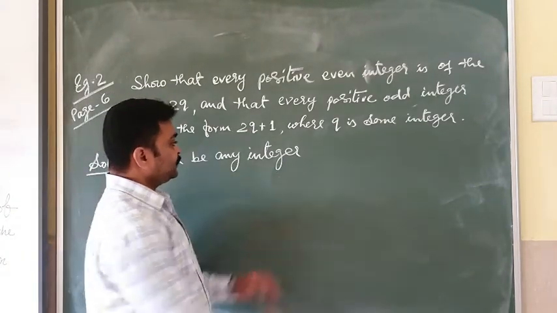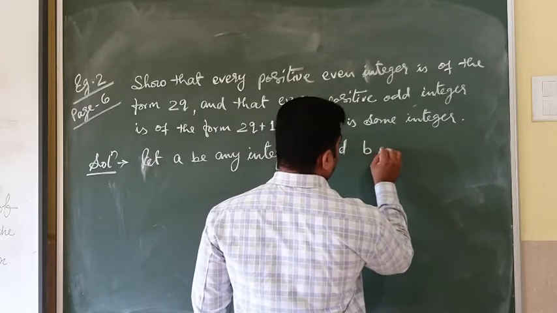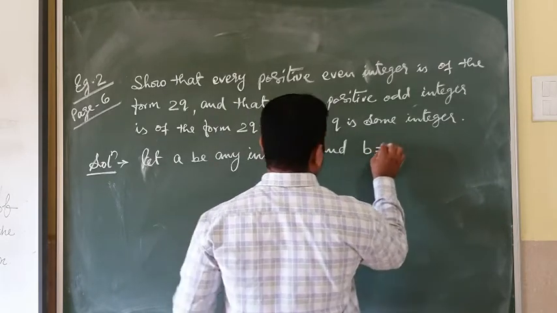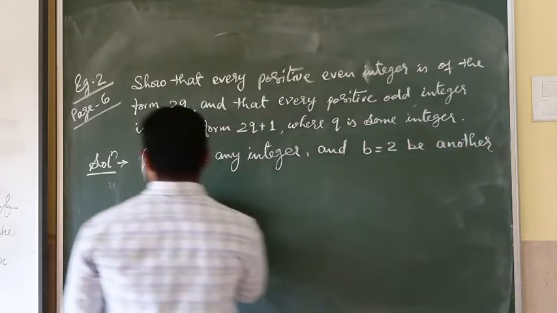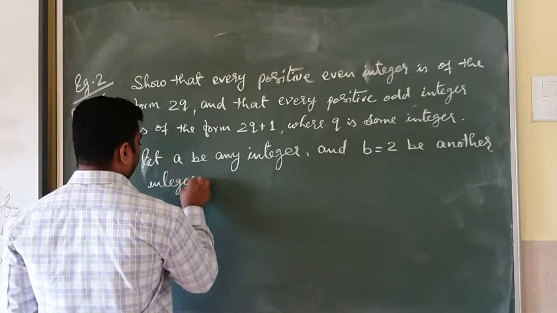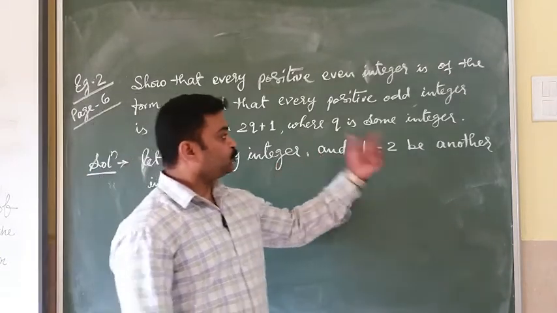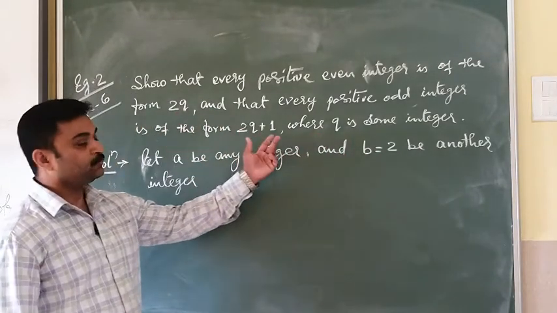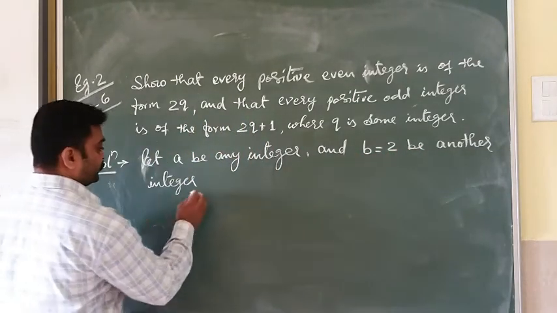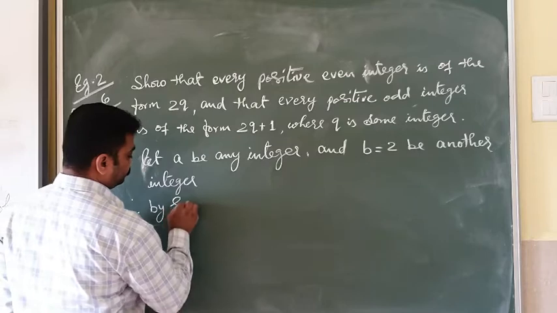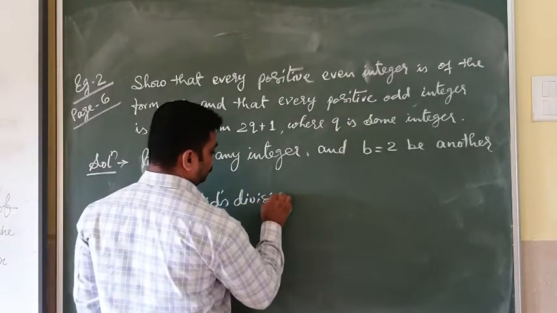Let a be any integer and b equal to 2, because it is given as 2q plus 1, another integer. So therefore, by Euclid's division lemma,